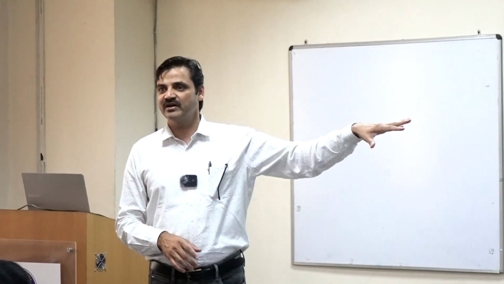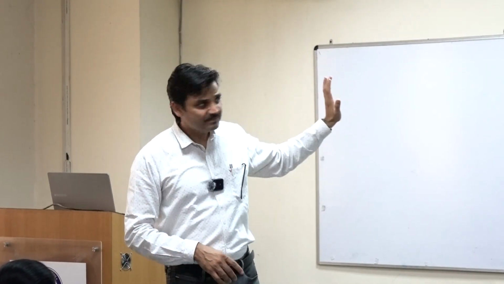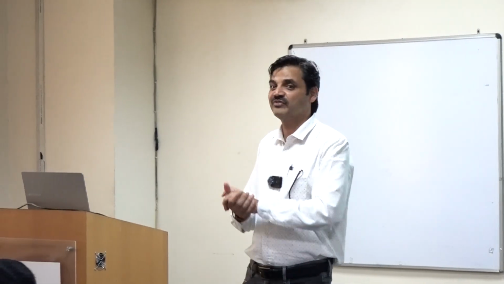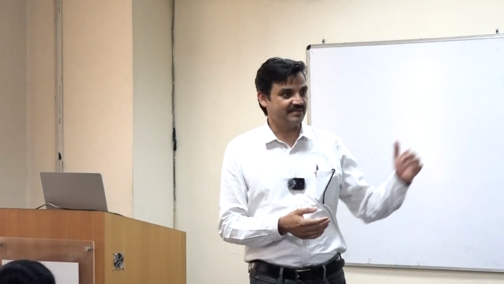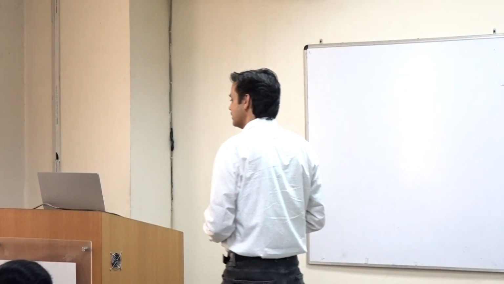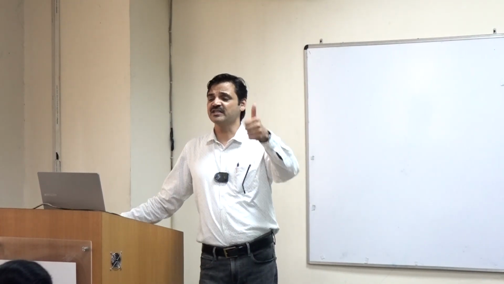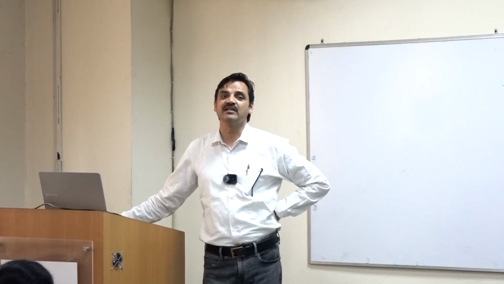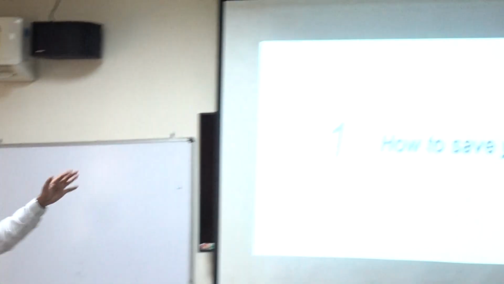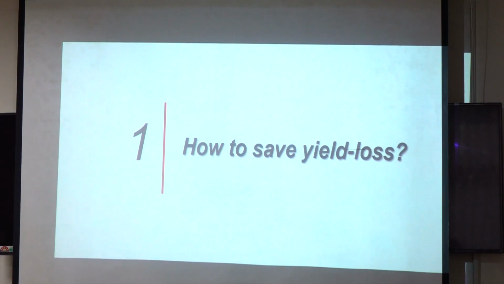So far I have put forward some challenges, some actual scenario, and some broad solutions for what can be done. Do you agree that we need to decrease the losses by any means? There are some losses that I cannot control, but whatever I can control here, I do it. At the same time, using genomics, biotechnology, and breeding exercises, I'll be talking about increased yield. So the first question is how can we save the losses? Because there are three aspects, the first part is that I'm going to focus on saving the losses.